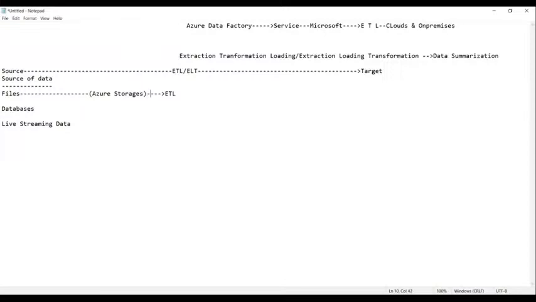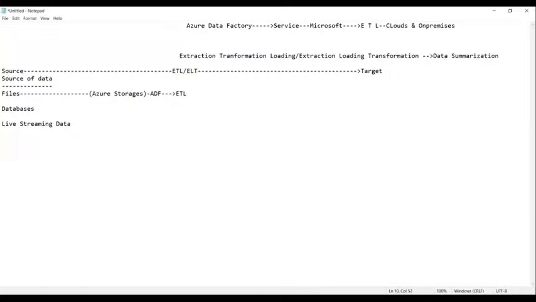And from the Azure storages, the same is picked up by ADF, that is nothing but Azure Data Factory.